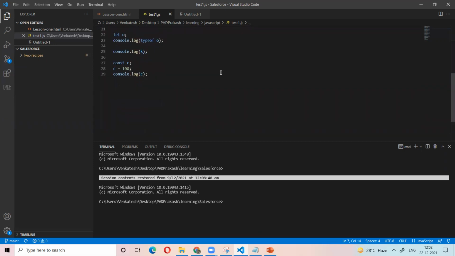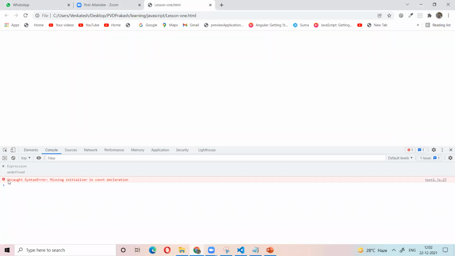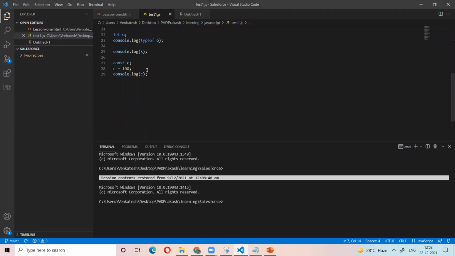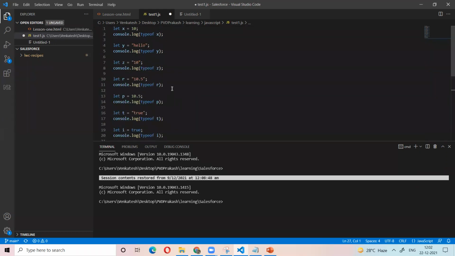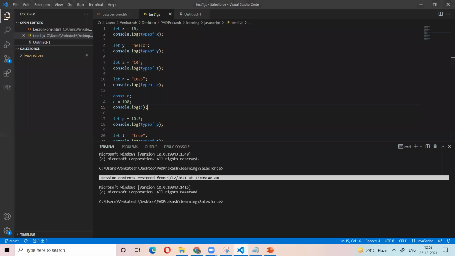Syntax error, so no output, because a syntax error is there. Even if the syntax error is in the middle of the program, throughout the program, if you have any syntax error, the program execution will stop.